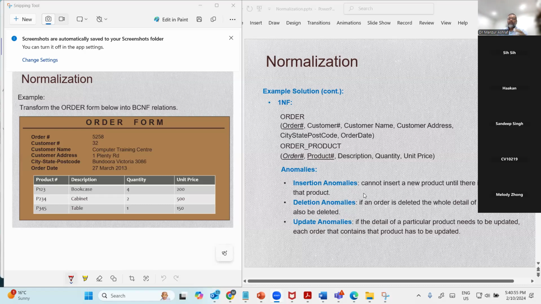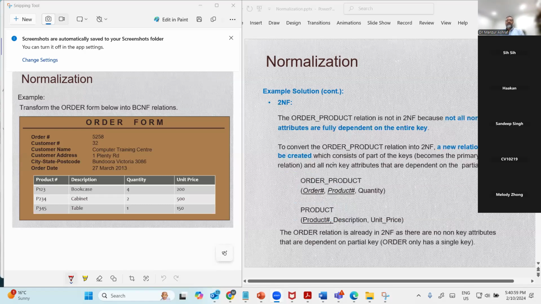Okay, so we can see that these 3 anomalies are still happening here. Now, second normal form. So the order product relation. So if we see here, what is second normal form? If we recall, the definition of the second normal form is that it must be first normal form plus,